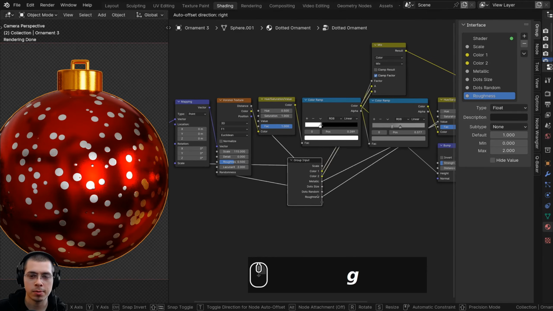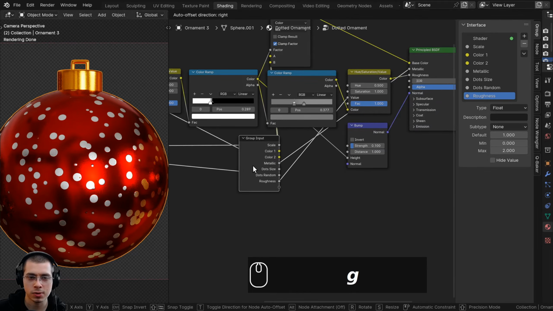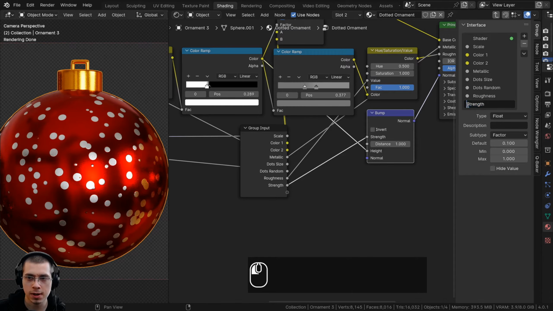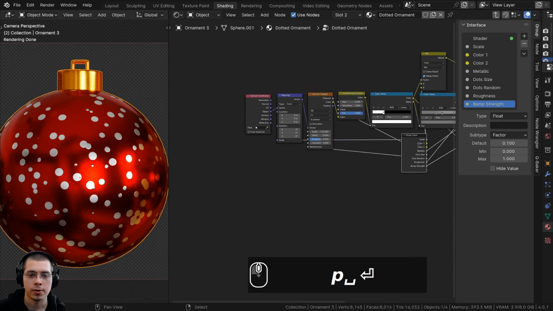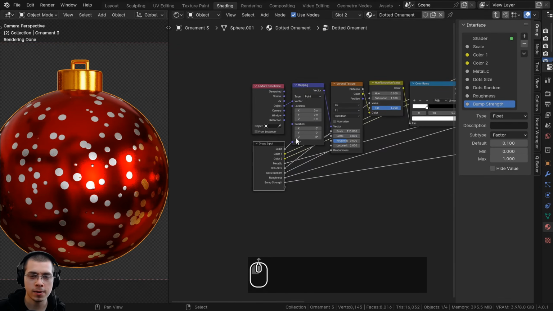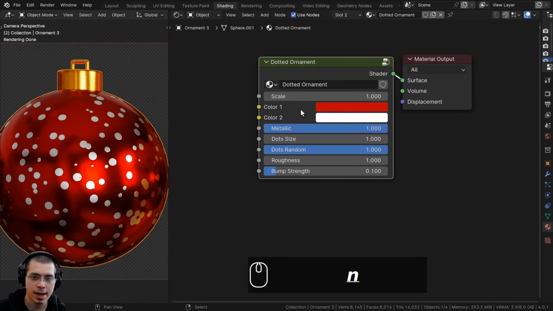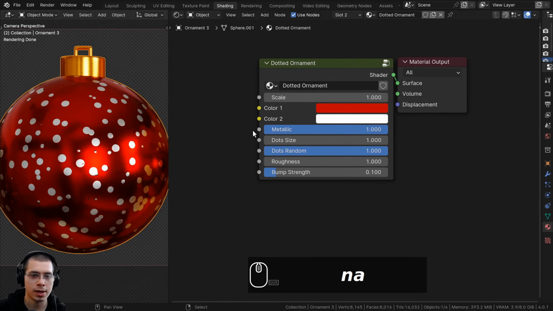And then finally, I want to be able to control the bump strength. So let's drag the group input down here, and I can take the strength and put that into the extra socket. And then I can just rename this to bump strength. Alright, so let's drag the group input back here, and I will press the tab key to go outside of the node group, and I'll press the N key to close the side panel, and we can now review that